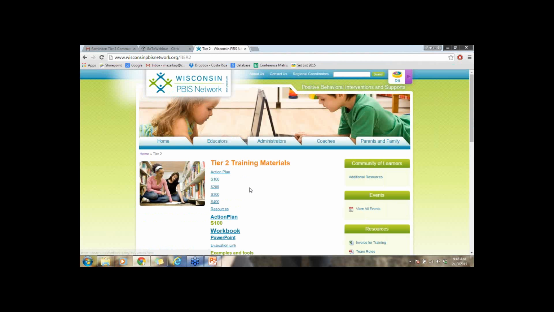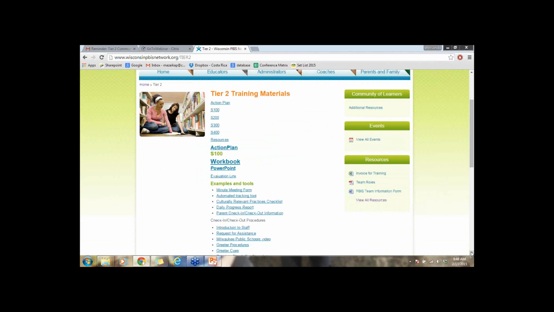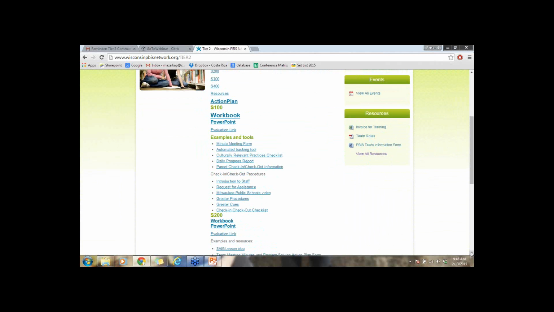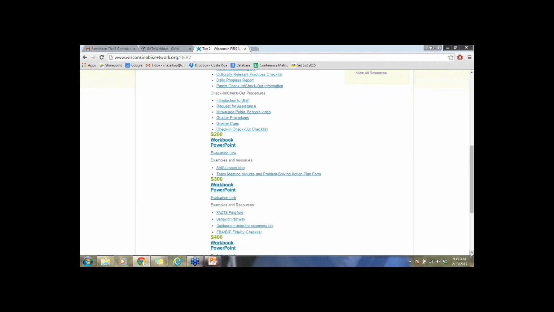There we go. Under Tier 2 materials, this is where you can see and access all of the materials from the trainings. You got access to this when you did your training. That's how you access the online materials. So certainly this is another resource for you.